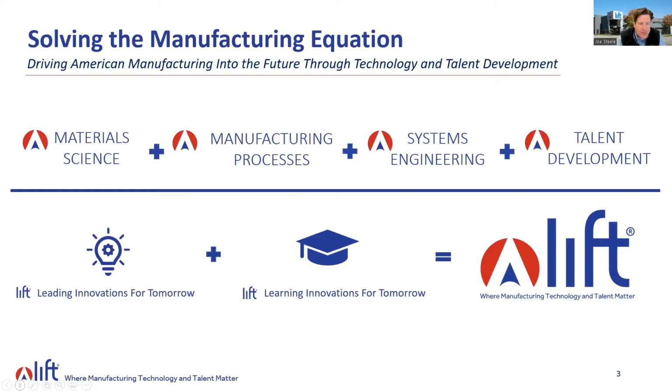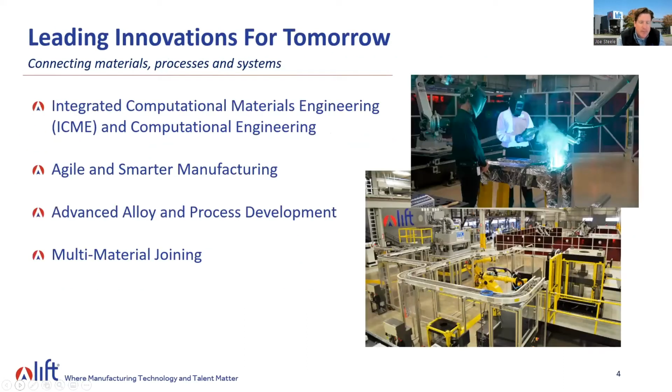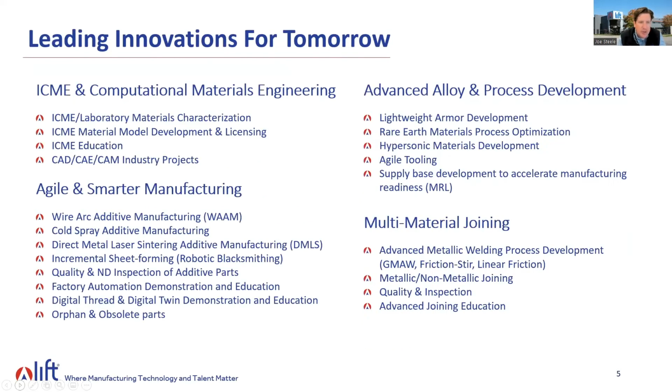At Lyft, we have two programs: Leading Innovations for Tomorrow, which is our technology program, and Learning Innovations, which is our talent program. A little bit about the Leading Innovations for Tomorrow technology program. You see on your screen the 4 pillars of technology under which all of our projects live. I'm not going to quiz you on this screen, but it shows you the breadth and depth of where our technology team is focused and some of the areas of expertise we have both in-house and across our ecosystem,